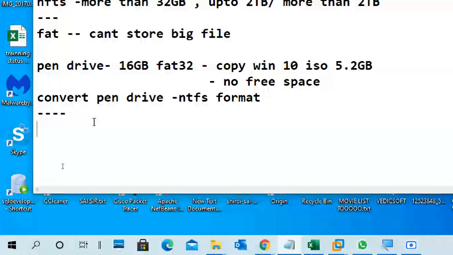Next, one more thing before going to NTFS. We know the file systems FAT and NTFS now. But FAT has a limitation: we cannot store big files. You have a mobile phone with memory cards or flash drives.